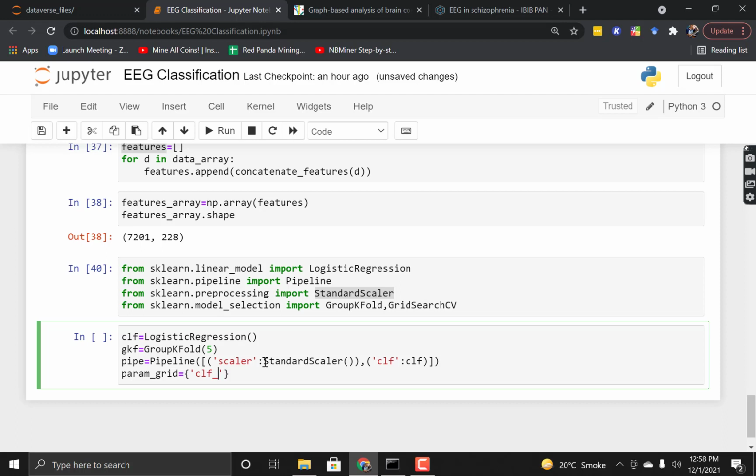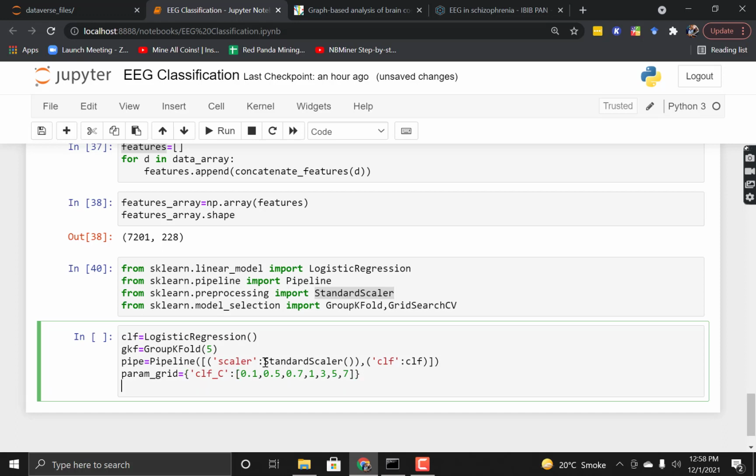So there is only the C parameter, clf__C, and the values can be 0.1, 0.5, 0.7, 1, 3, 5, 7. You can pass as many values as you want, but this will slow down the process as you increase the number of values.